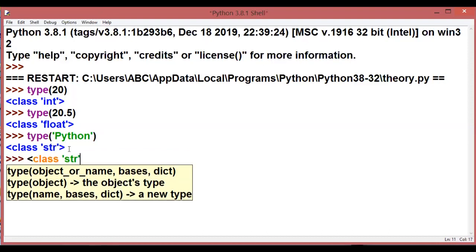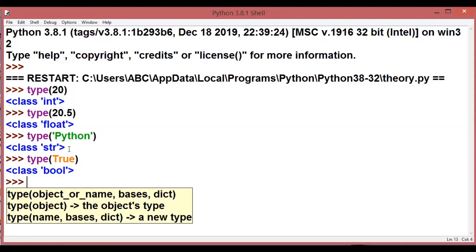Similarly, next example, I can write over here type true. As I have told you in my variables video also, we can have Boolean values, and there can be two values only, either true or false. So if I'm writing true, that means I'm not writing a string, but I'm writing a value, because true is also known as a value. After pressing enter, what will I get?